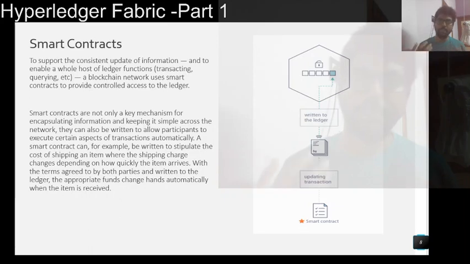Because if I am taking a house, then me and my house owner have the housing contract, right? Basically, I have one copy, he has one copy. So if he changes his copy, I am unaware. If I change his copy, he is unaware. But we both put it in one blockchain ledger and we both see the same ledger. If I change my data in my ledger, he can see it. If he changes the data in the ledger, he can see it.